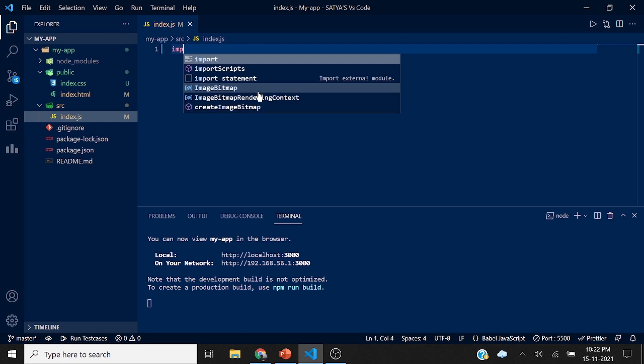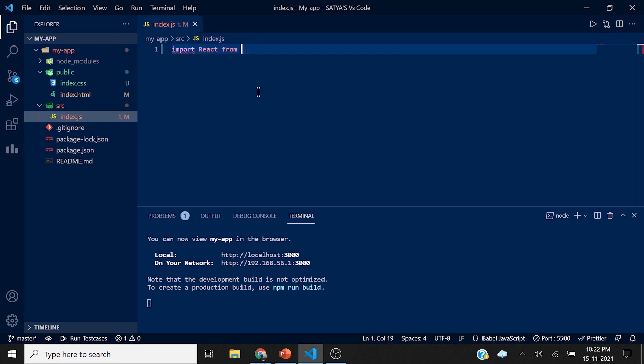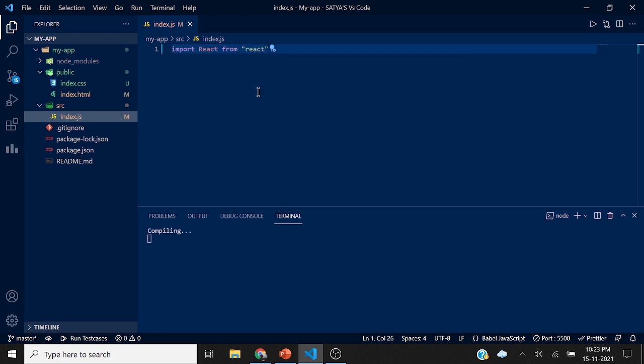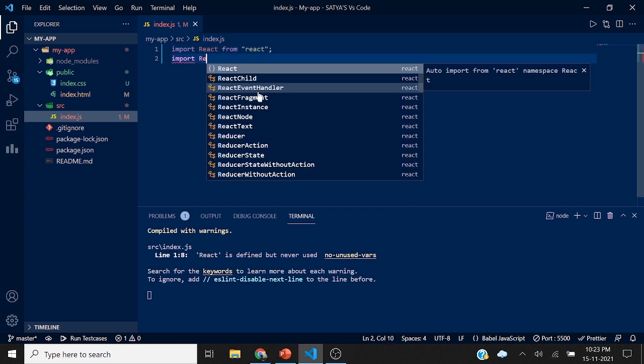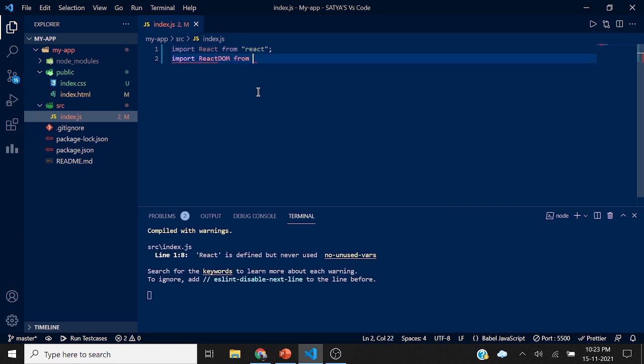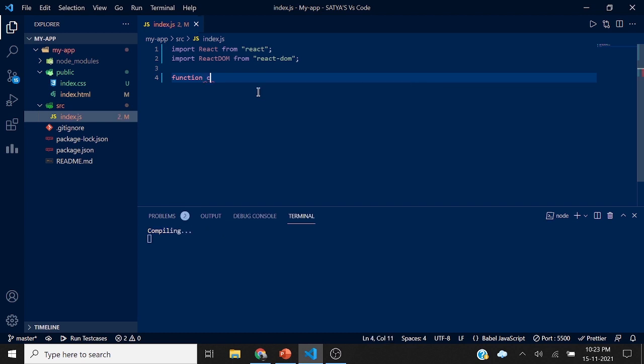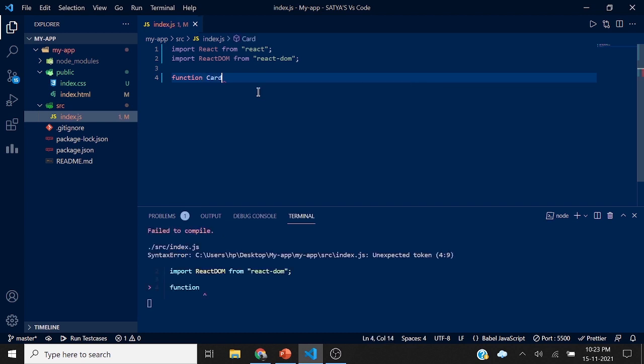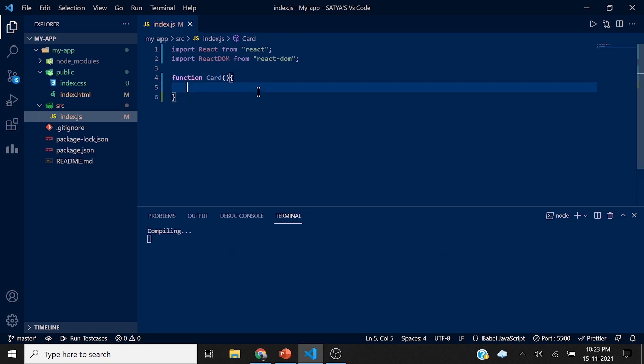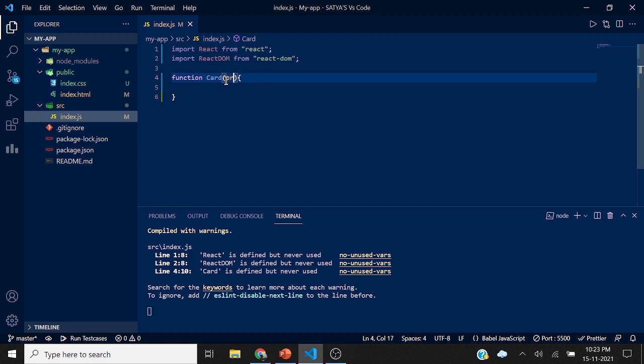First, the two main statements: import React from React, and the other thing is import ReactDOM from React DOM. After writing these statements, let's create a component first. To create a component, we need to use the keyword function, and the component name I'm putting as Card, and then in the brackets we write the props keyword.